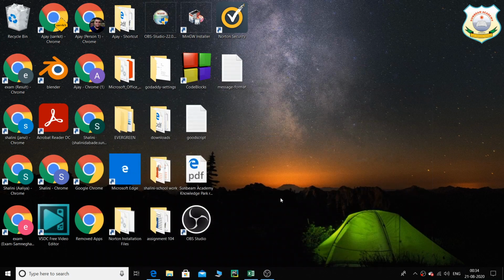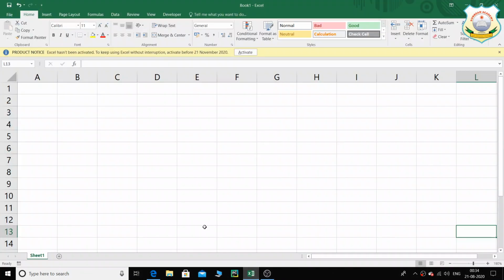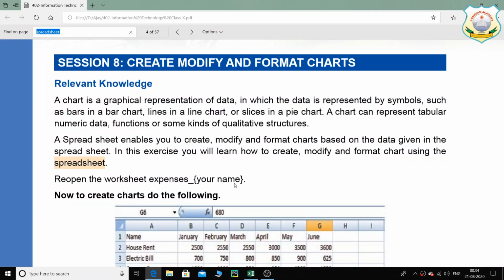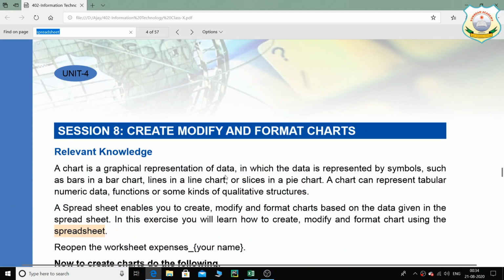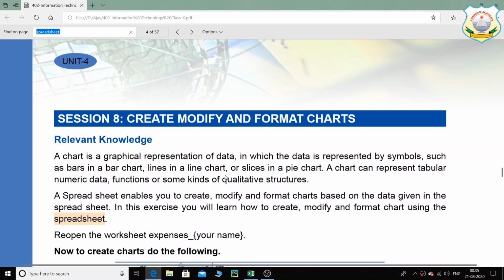So welcome back students. Today we are going to move ahead with the syllabus for the IT, that is the code 402. And last time we had learned about all the page breaks, the page layouts. So today we are going to start with the new topic, and that is how to create and modify the